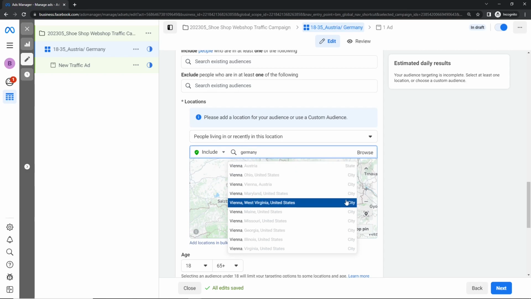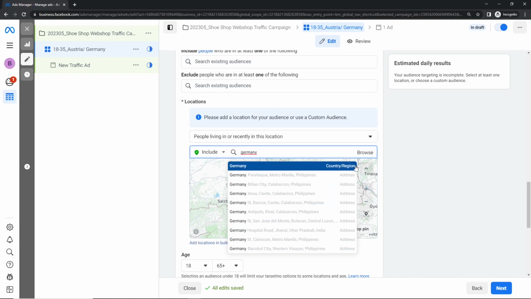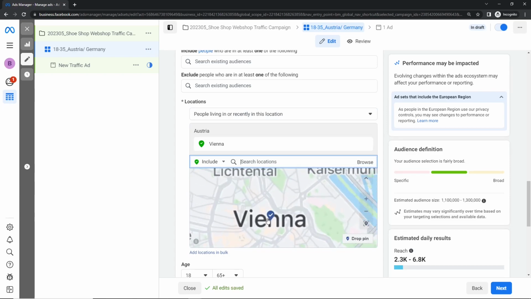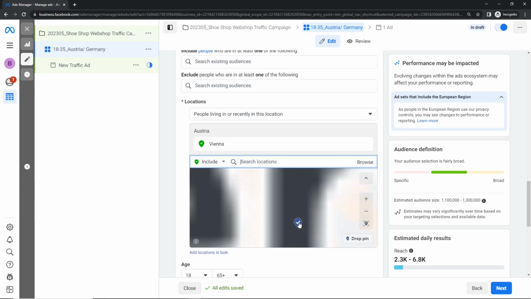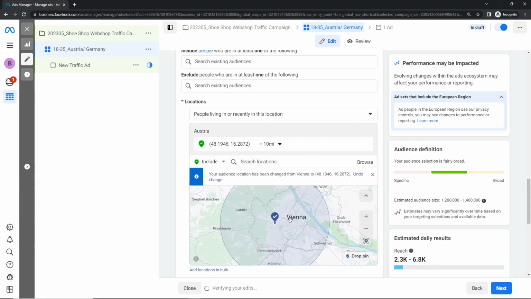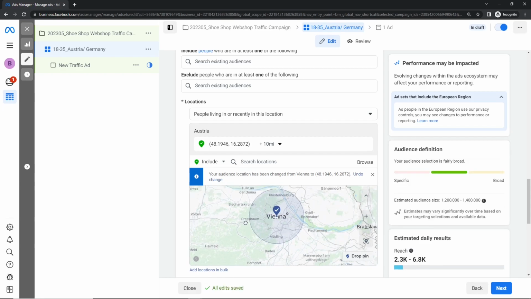Maybe Germany. This would be a country or region, but I also have different other things like an address. So I also can only input a specific address maybe. In this case, Vienna is fine. Then I have here the mark, exactly here. This drop pin, it's called. I can simply click on that and drop it wherever I want. So maybe here. Then this is my